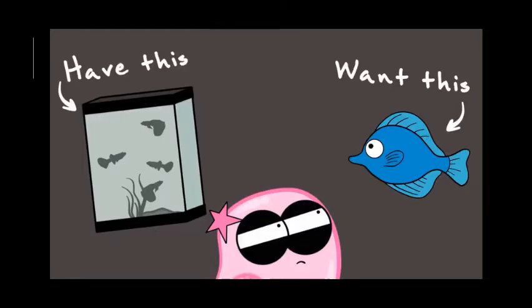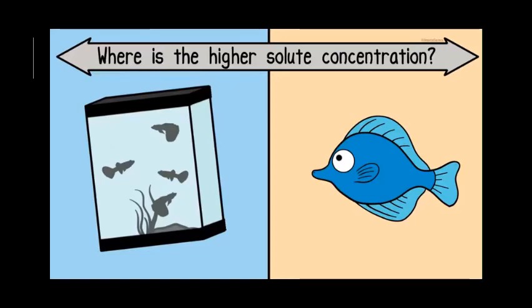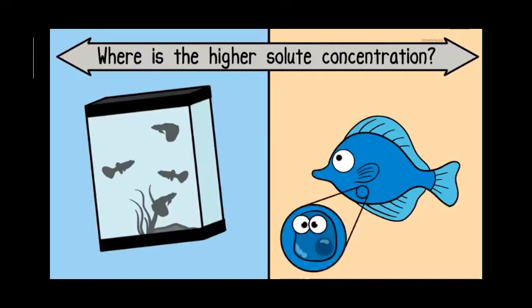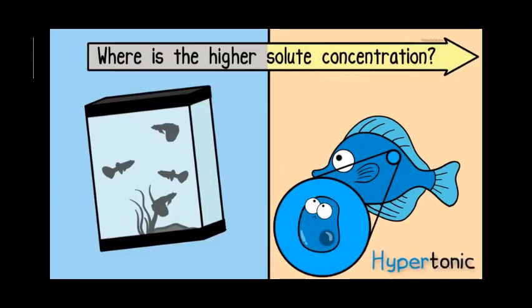Well, let me explain one reason why this would be dangerous to the saltwater fish and how it relates to osmosis. First ask, where is the higher solute concentration? In the saltwater fish cells or in the freshwater that the fish would be hypothetically placed in? Definitely in the saltwater fish cells. So where would the water go? It goes to the area where there's a higher solute concentration, the hypertonic side, so it goes into the cells of that poor saltwater fish. If not rescued, it could die.